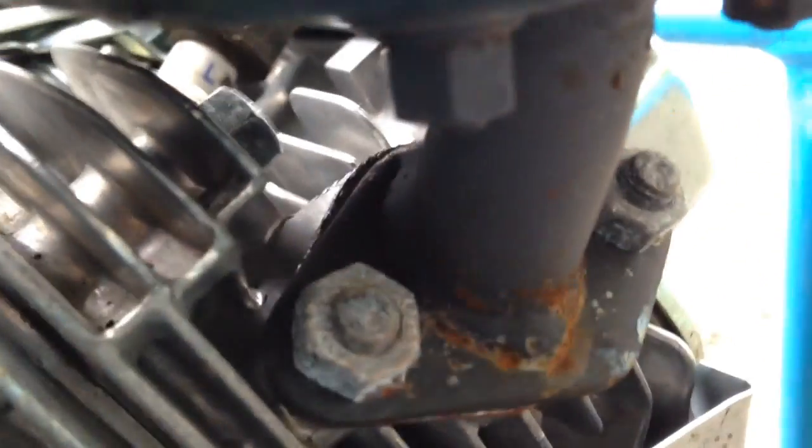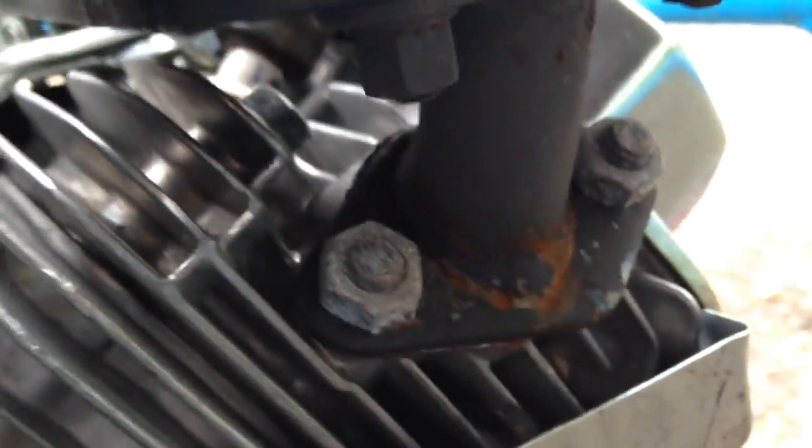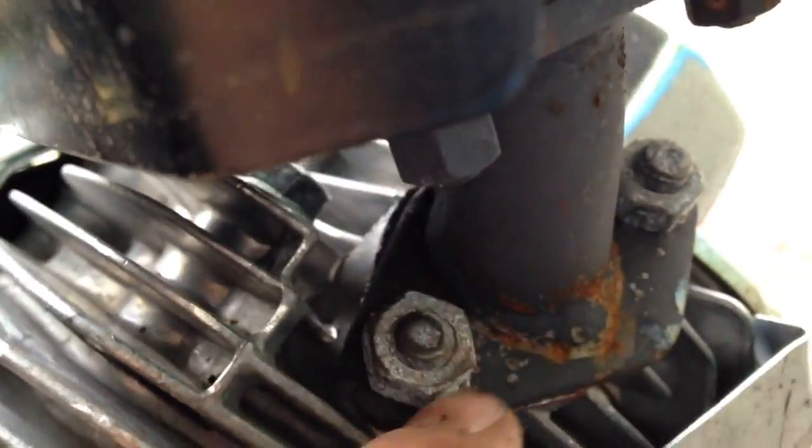And then also, it's kind of corroded, but here's an exhaust thing. You take these two nuts off, and you can get a different exhaust system that sounds more